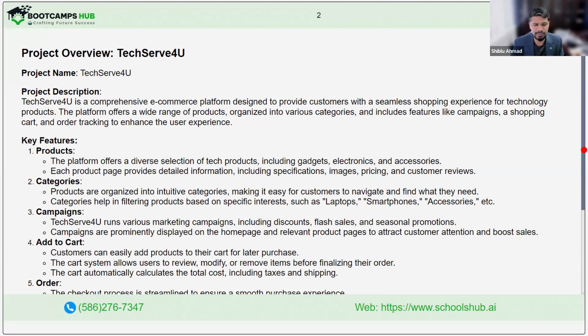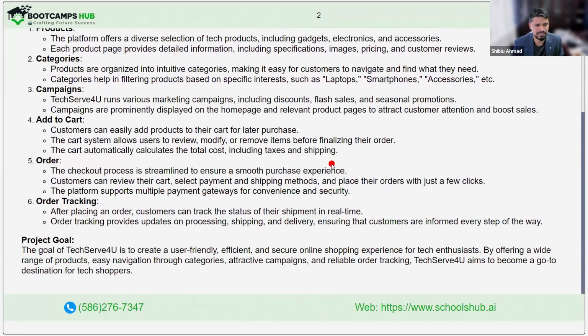Can you scroll down a little bit? Okay, so